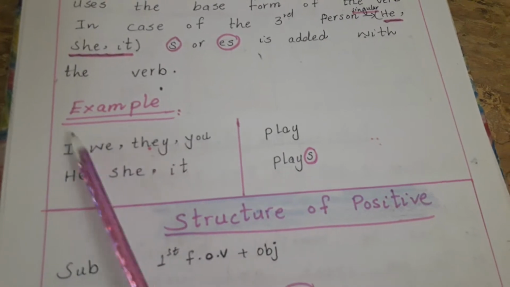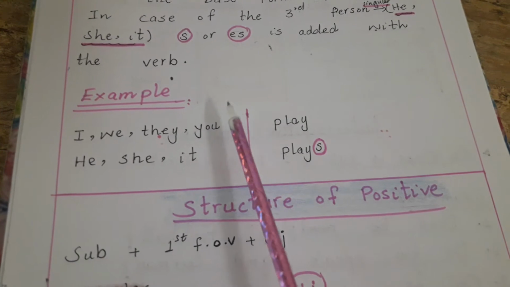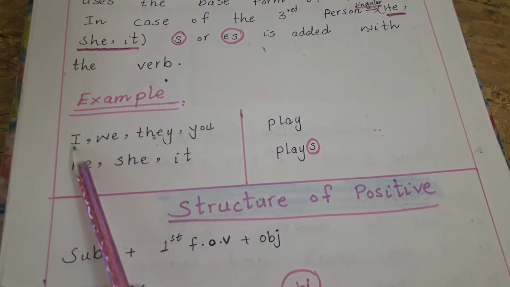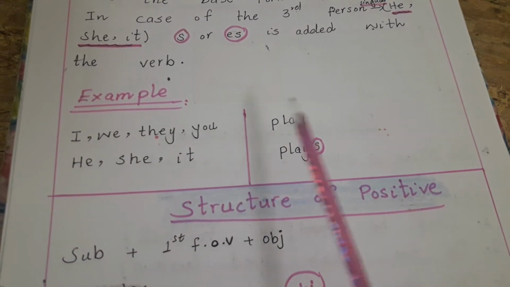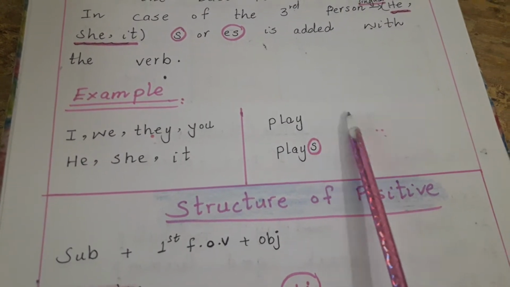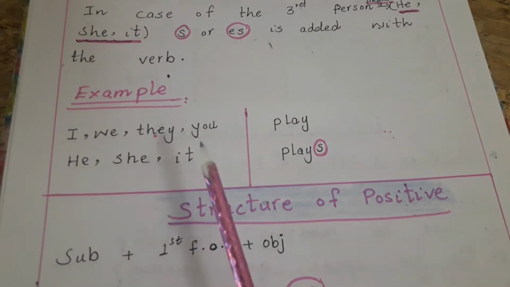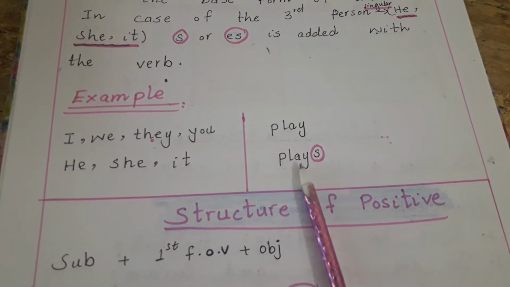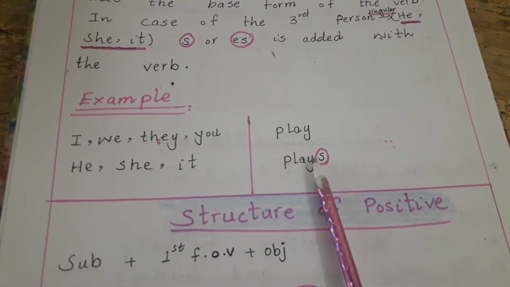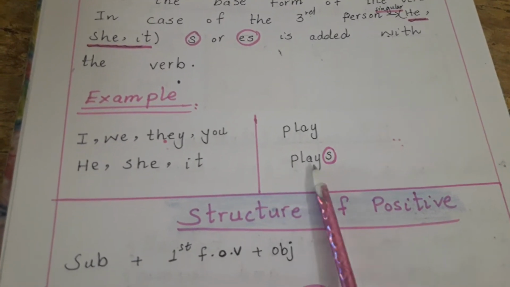First of all, these are the important points when you make any sentence in present indefinite. Just keep this table in your mind: if the sentence starts with I, we, they and you, we will write only the first form of the verb, like play, eat, jump, drink, swim. But when the sentence starts with he, she or it, we will also write the first form of the verb, but we will add s or es or sometimes ies according to the last letter, as we write in plurals. So play, plays.